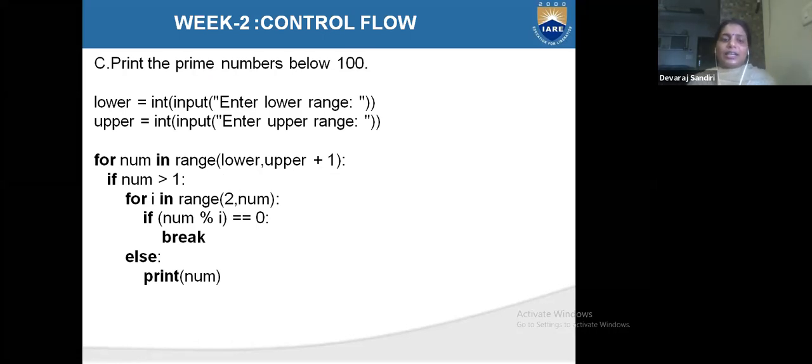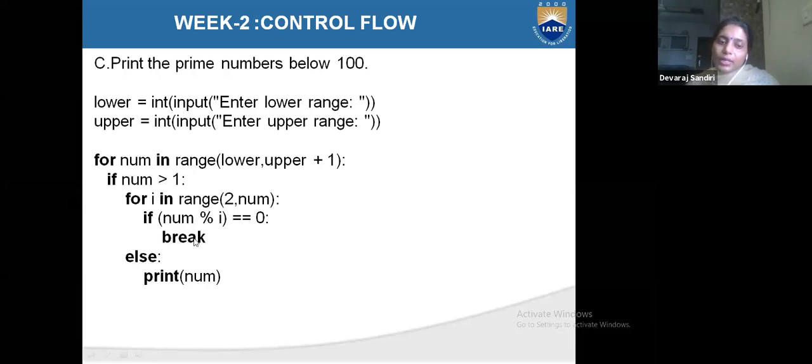If number is greater than 1, for i in range of 2 comma number. The number should and must be greater than 1, then the loop will continue for i in range of 2 comma number.